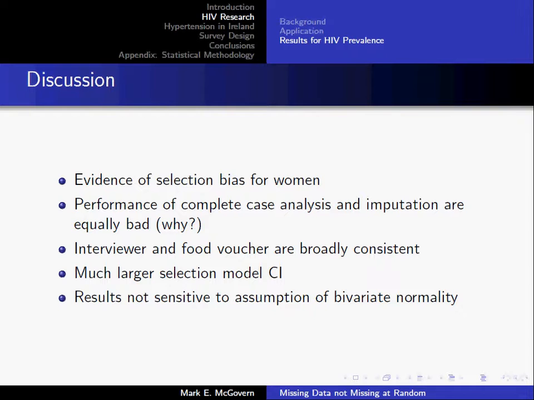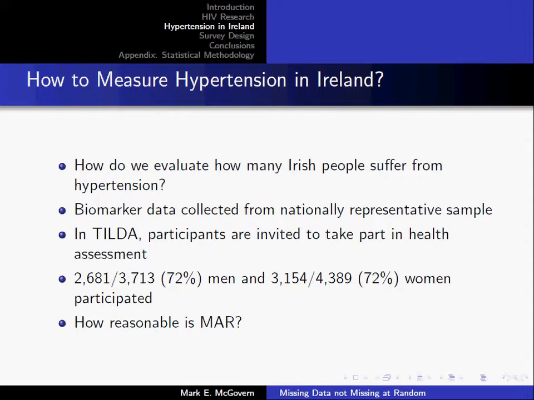Okay, so one second example: how do we evaluate how many Irish people suffer from hypertension? I mentioned the TILDA data set, so we can try and measure it there. It's a nominally nationally representative sample. And in TILDA, after doing the interview, participants are invited to take part in a health assessment. If you look at the health assessment though, what you see is that 72% of men and 72% of women actually participate. So the question is, is it reasonable here to assume that the data are missing at random once we